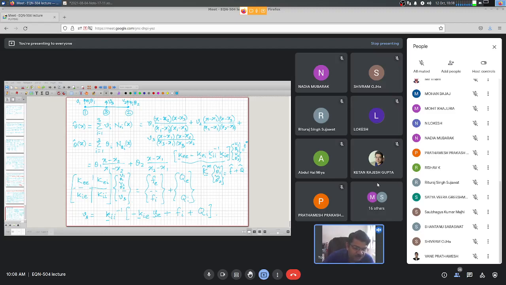Even if you do everything as a valid mathematical operation, if you violate the basic underlying mechanics of the problem, then obviously the solutions will be absurd. With that, I wind up this discussion on finite elements in one dimension. We will now move on to general continuum modeling, finite elements in 2 and 3 dimensions. Thank you.